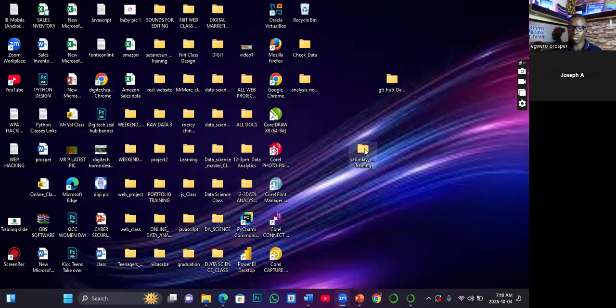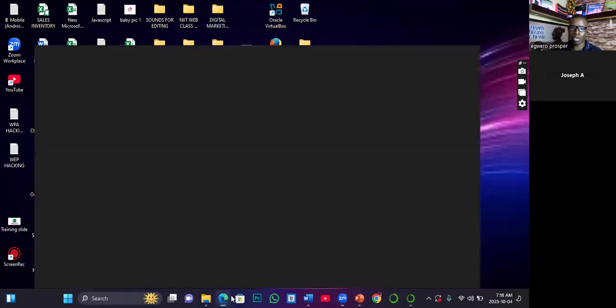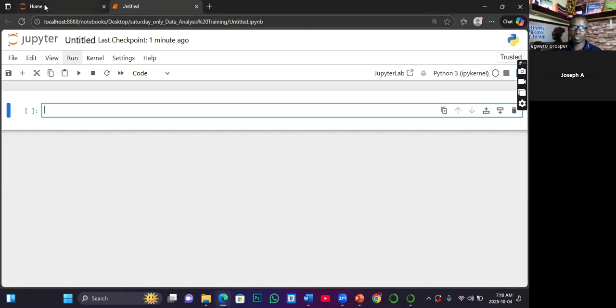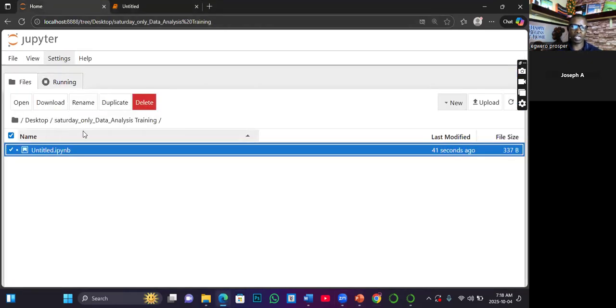All those folders will be inside this main folder. So once you are in the main folder, you can open that particular project folder, then add the notebook inside it. Is that clear, sir?